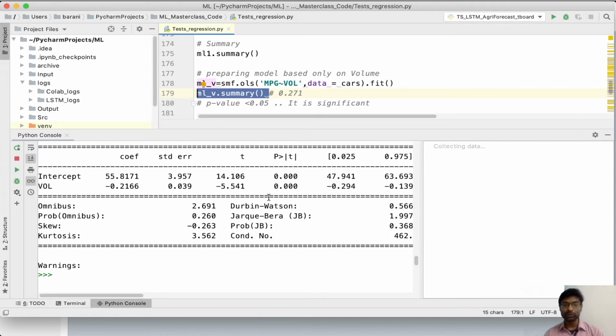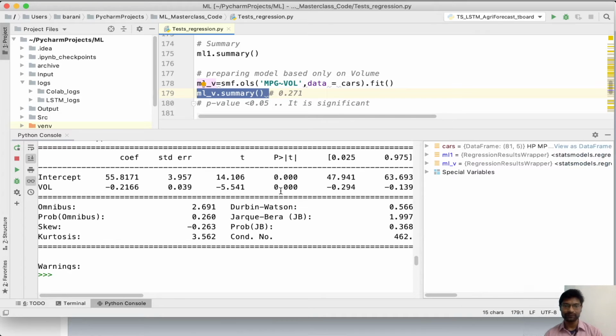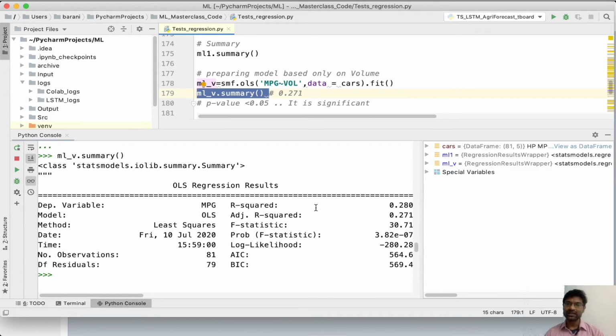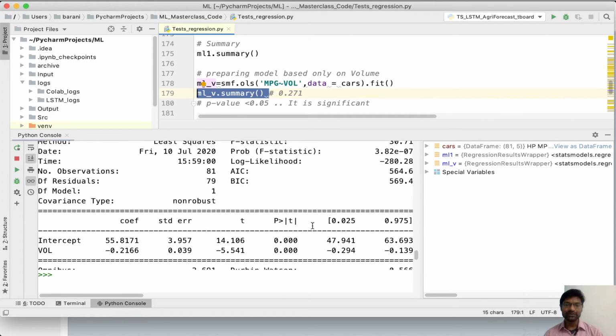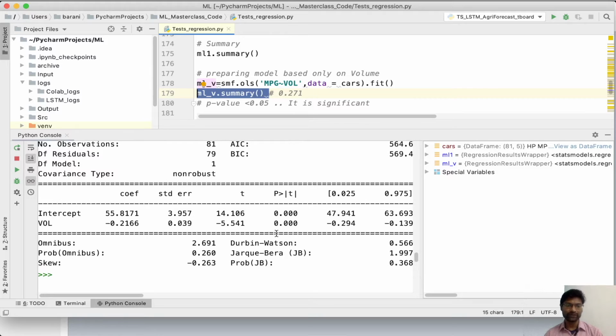When I treat volume alone separately, it has a p value of less than 0.05, and R squared is 0.280. This is still less than 1, but the p value is also less than 0.05.